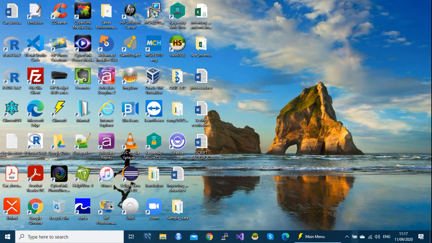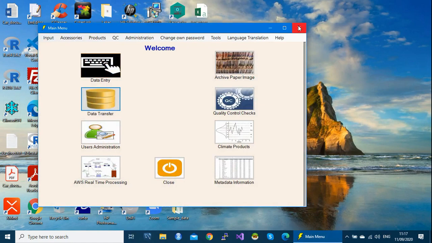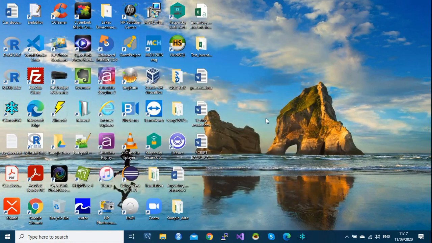First of all, if we close our ClaimSoft, we recommend a tool to do this backup for the database, and the recommended tool is called HeidiSQL. This tool comes with the MariaDB data management system.